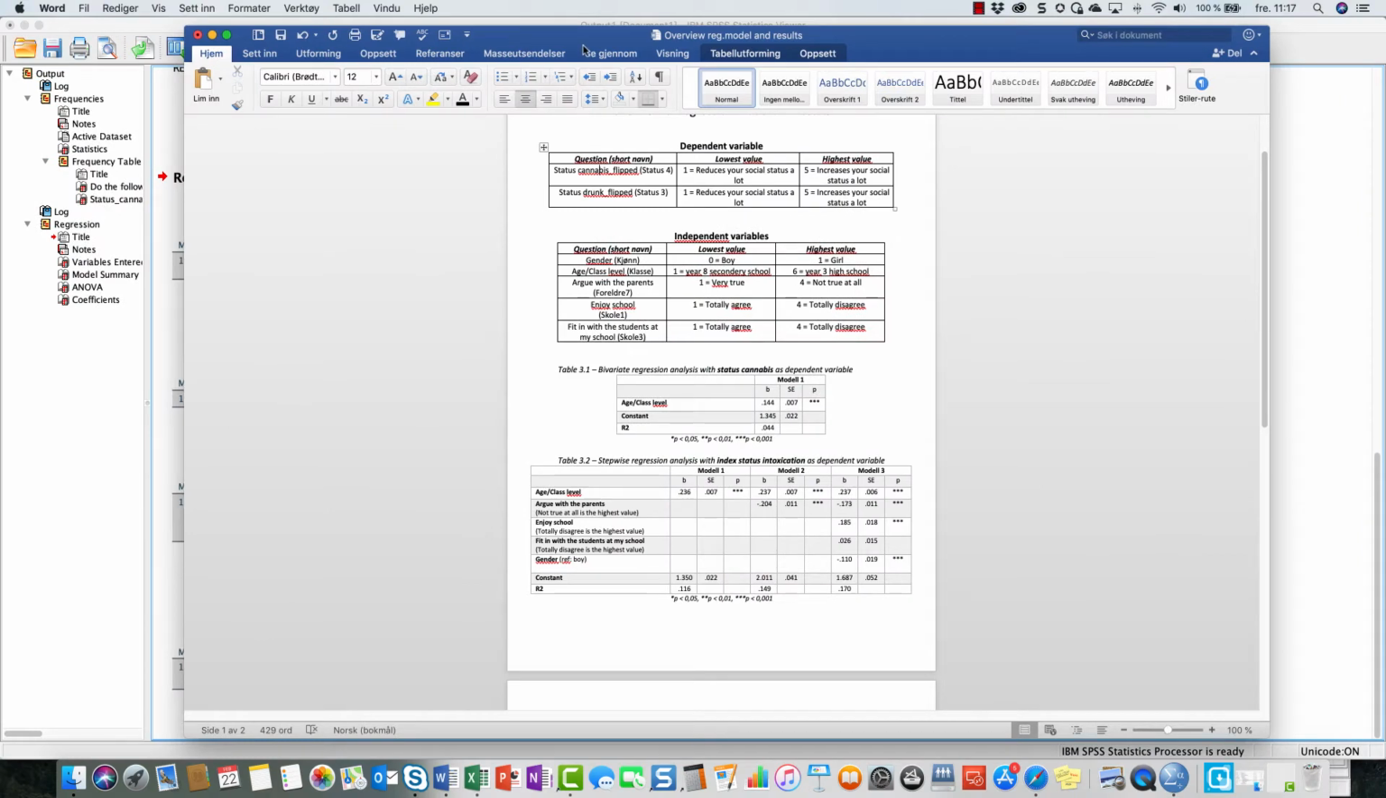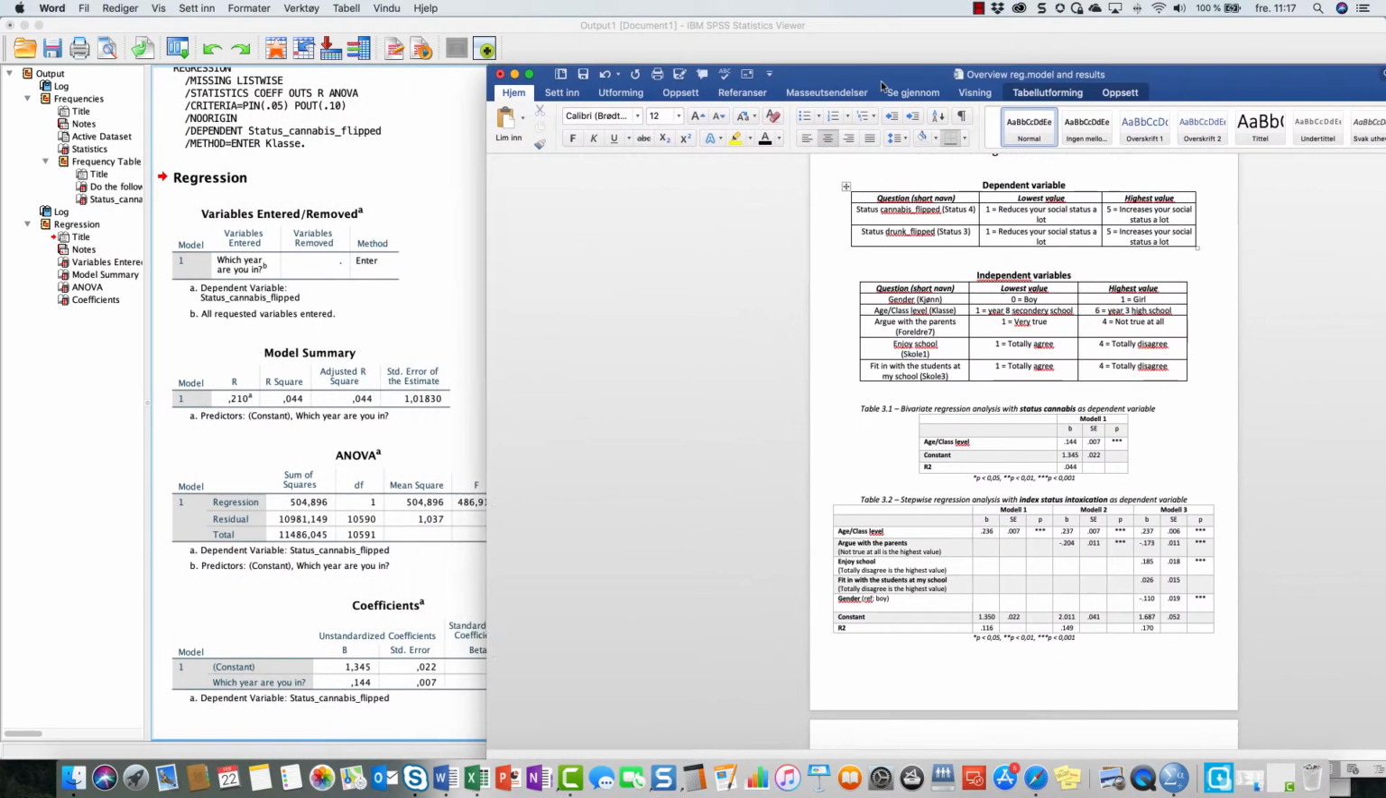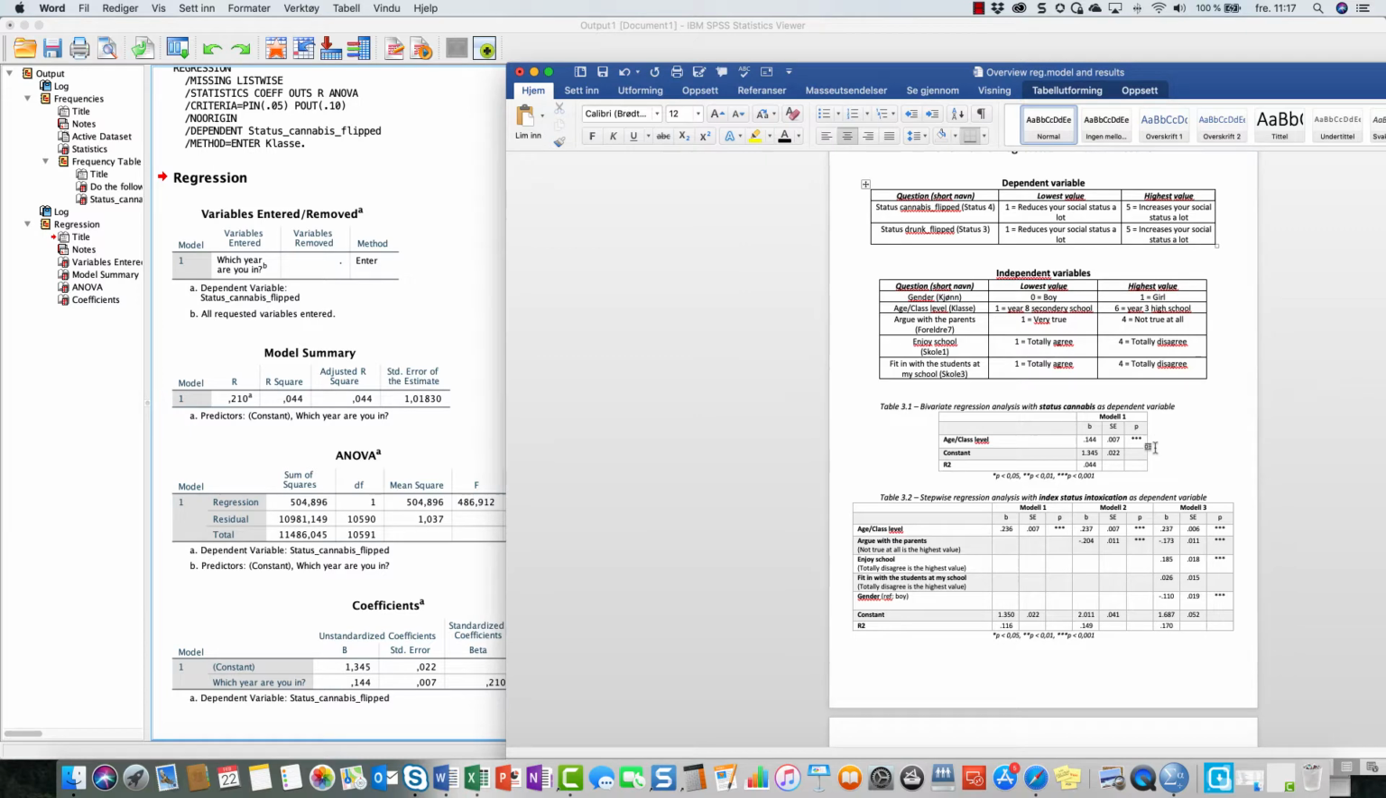Well, if you look at the overview regression model and results, I'll put this into Canvas so you get it. But then I'll put it there. Okay, so R square is 0.044, which means we explain 4.4% of the variation in status cannabis, which is the dependent variable. And then I don't look at the ANOVA table, but I look at the